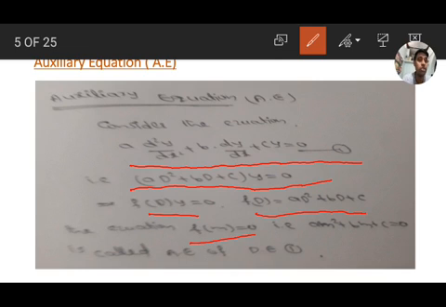The equation f(m) = 0 means, in the place of f(D), we substitute m in place of D and equate to 0. That is, am² + bm + c = 0 is called the auxiliary equation of differential equation 1. Here the equation is f(D)y = 0, where f(D) = aD² + bD + c. Then the equation f(m) = 0, that means am² + bm + c = 0, is called the auxiliary equation of differential equation 1.